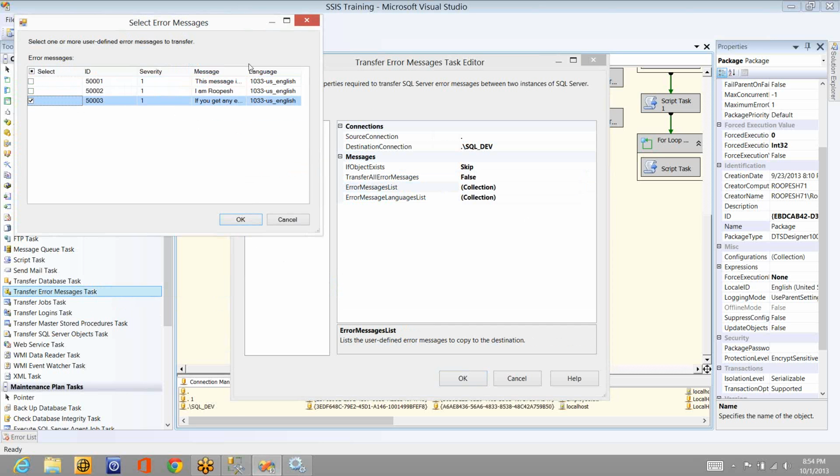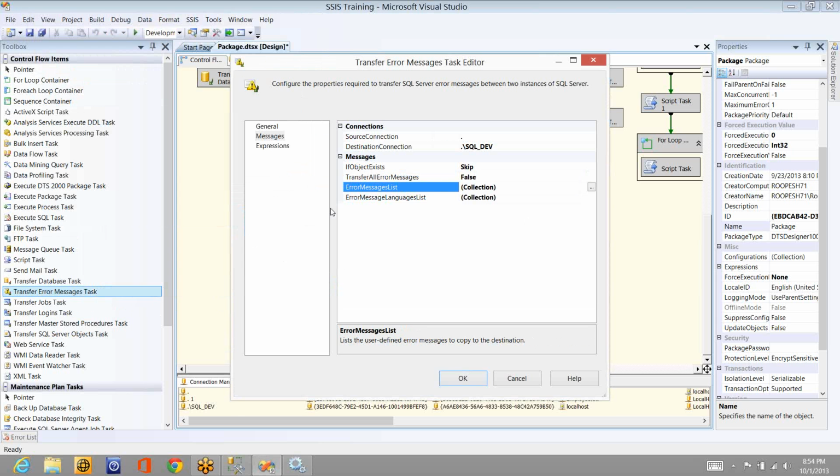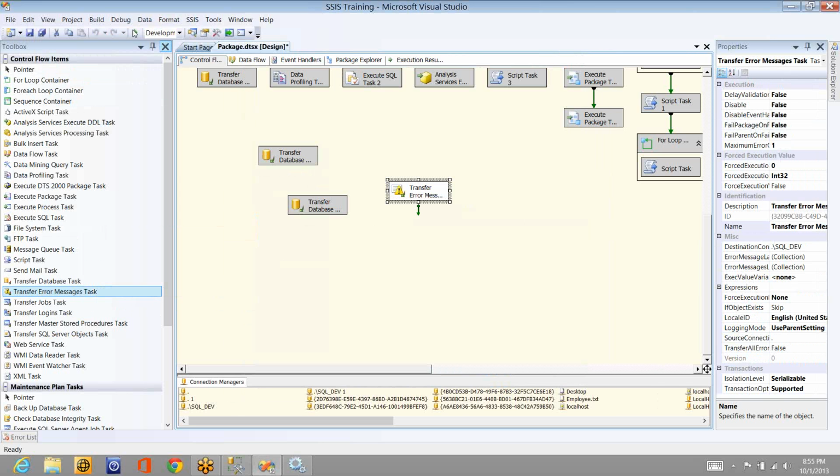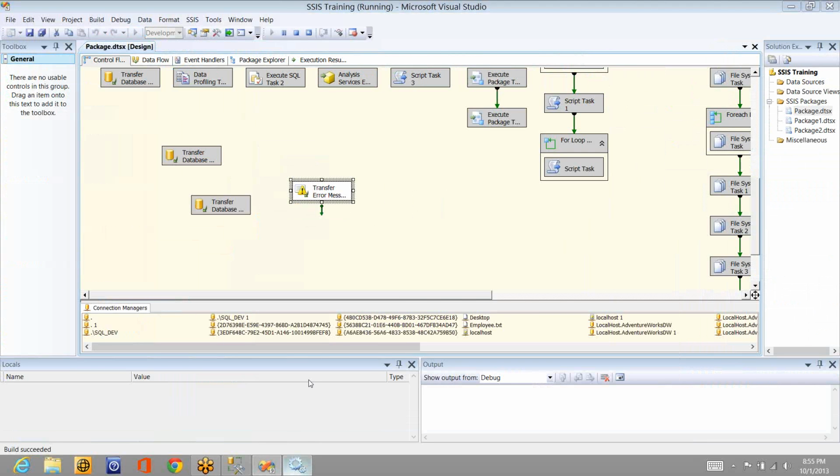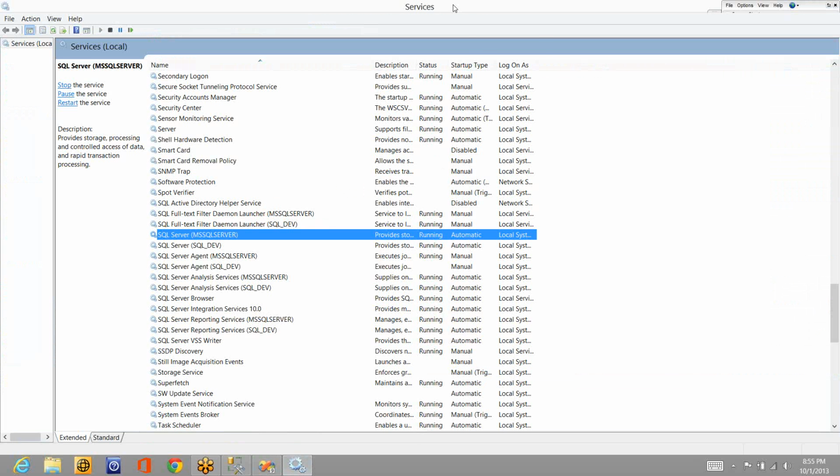If you get any error message, something like 50,003, right? I want to move this to the destination. So I have selected it. So these are the properties you need to set to move the error messages. Let me execute it and see whether the error message will be moved to the new server or new instance